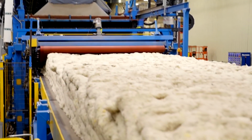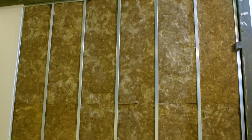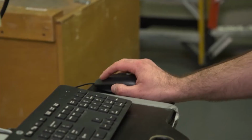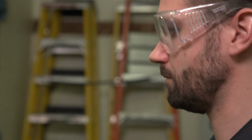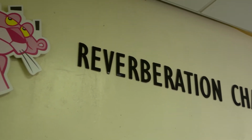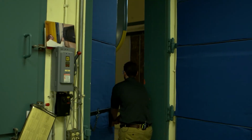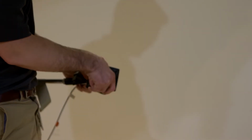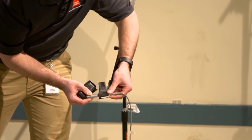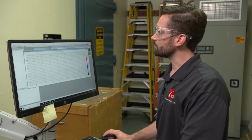Owens Corning's Thermofiber insulation is not only flame resistant, but it also has noise reduction capabilities. I'm Corey Taylor. I'm the technical lead for the Acoustic Research Center. This is where we design, develop, and evaluate the acoustic performance of our material. We're going to be running our ASTM E90 test, and this evaluates the sound performance from room to room. The only way sound energy is going to get from our source room to our receive room is through the wall partition that we have in place. So we're going to start this test,